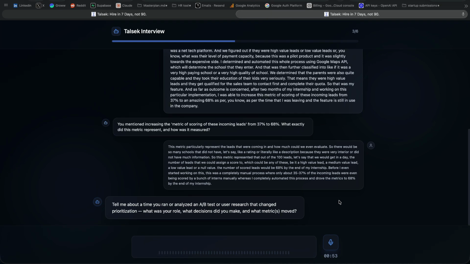Okay, tell me about a time you ran and analyzed an A/B test or user research that changed prioritization. What was your role? What decisions did you make and metrics moved? Okay,